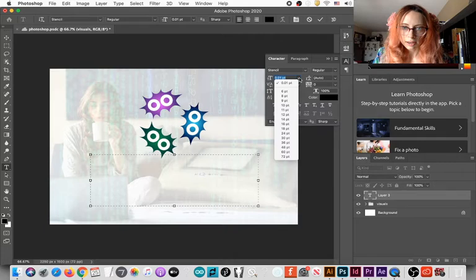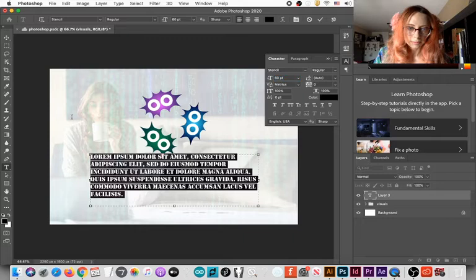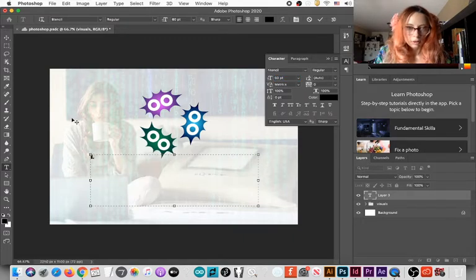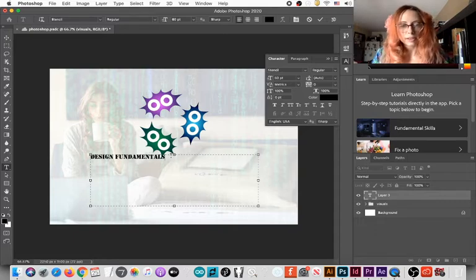Here are suggested sizes. Logo, I don't have a good name. Design fundamentals. I learned how to write this word just recently.